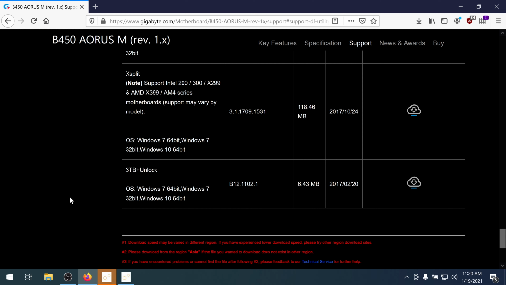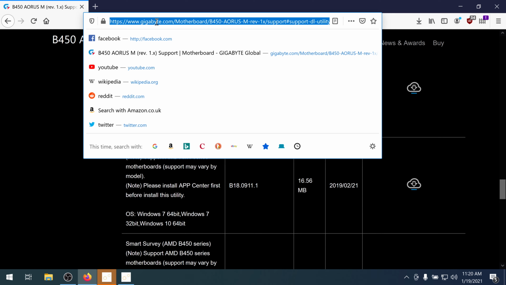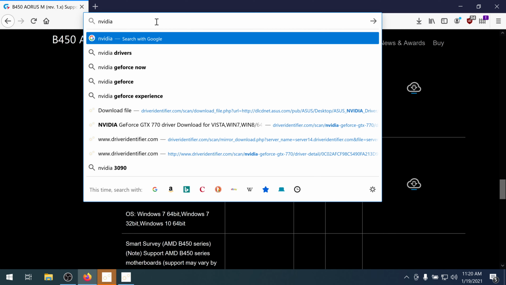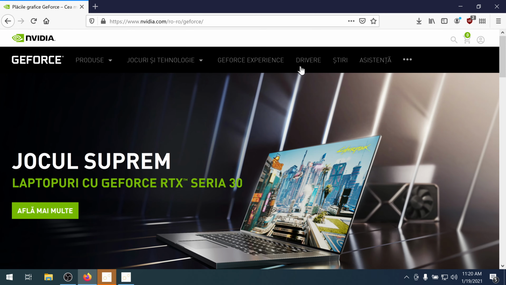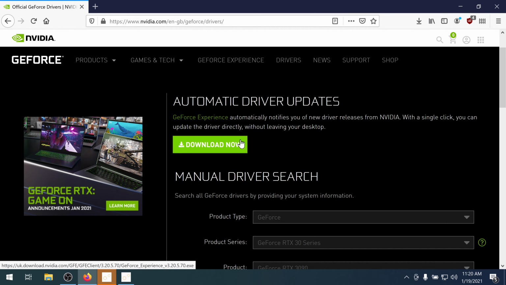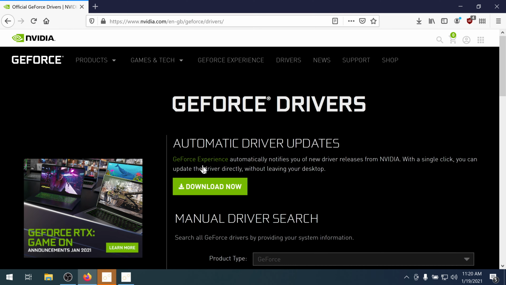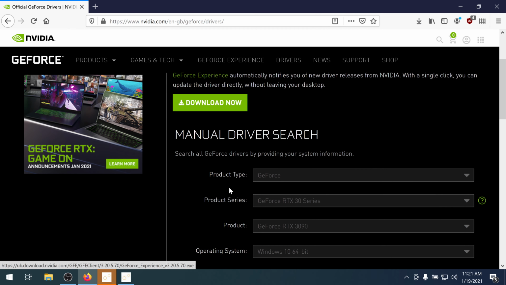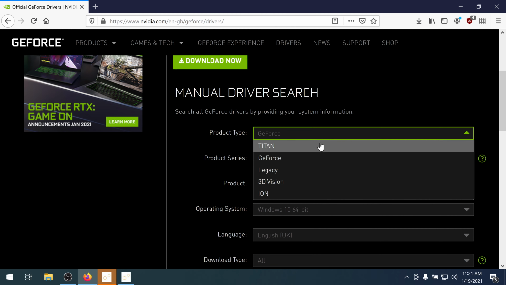If you have a dedicated video card, go to your card's vendor webpage and install the latest driver. Only install the beta driver if you have problems with the standard one, otherwise I do not recommend it. It usually makes more problems than it solves. Let's go there now. I have an Nvidia card, an old Nvidia card, but I don't usually play games, so I don't need a more powerful one. You can use the automatic driver updates. If you click this button, it will find your driver automatically, but I prefer to go the old-fashioned way.